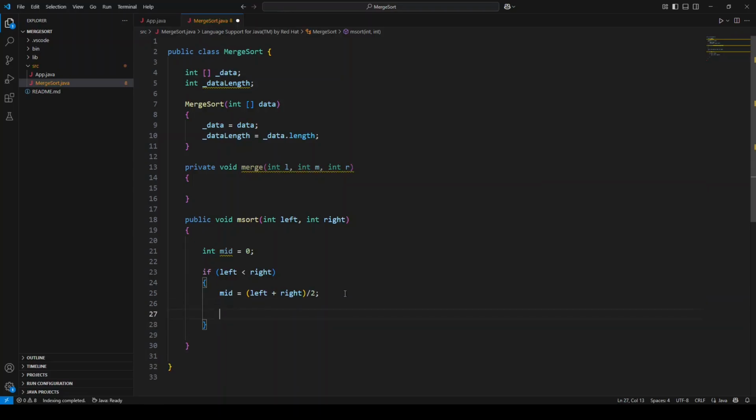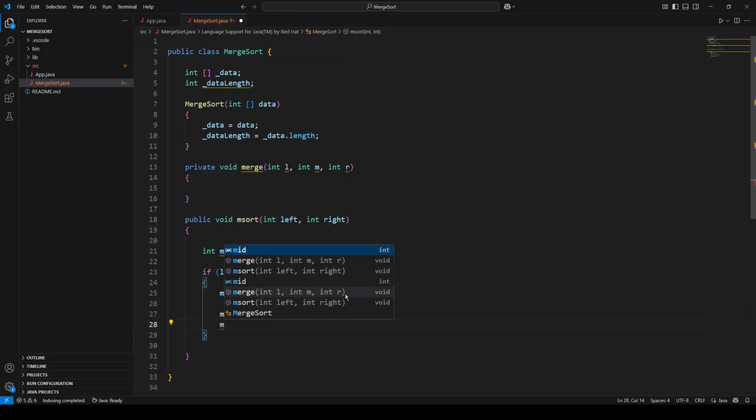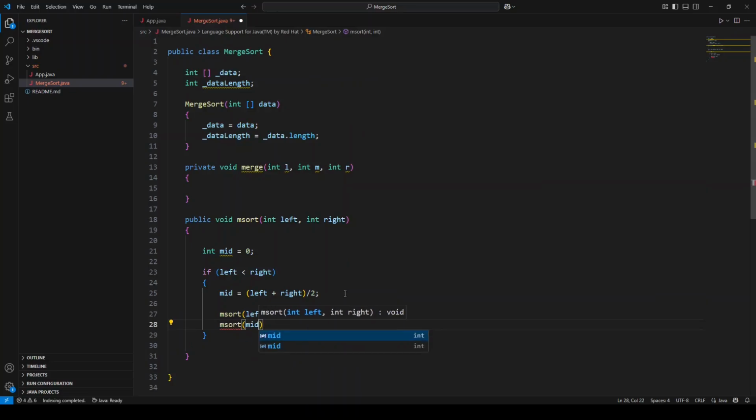Okay, after that we need to call the msort again for left to mid and mid plus 1 to right. So how we are going to do that? It's pretty straight. Left to mid, then mid plus 1 to right. Okay,